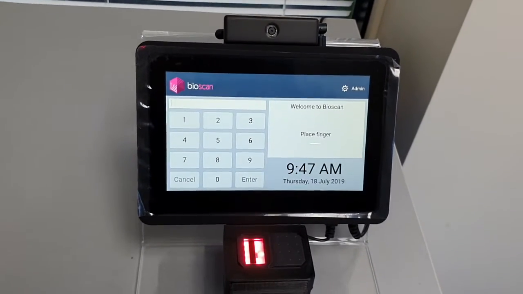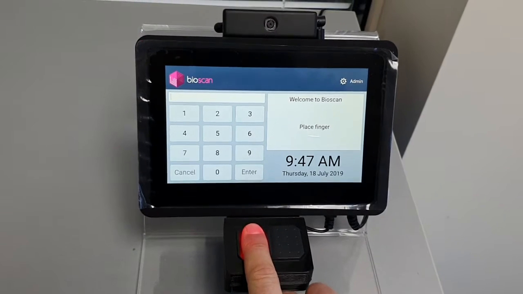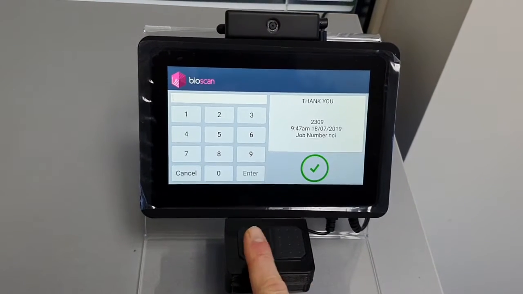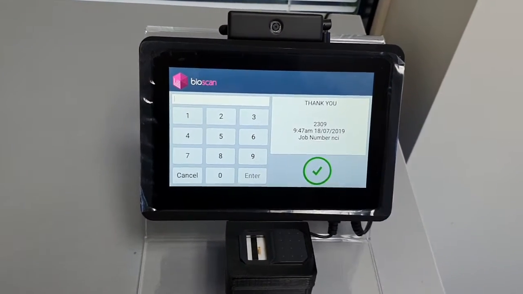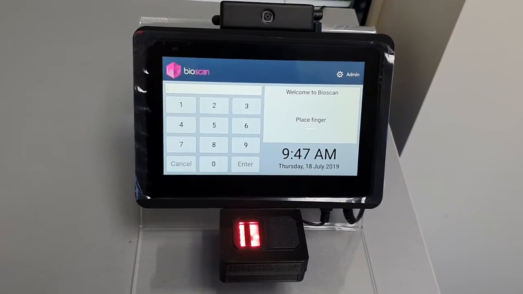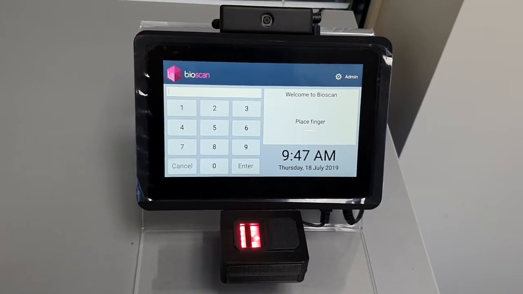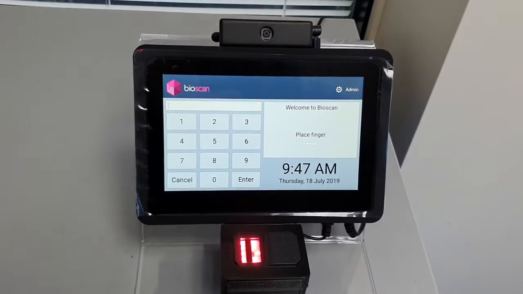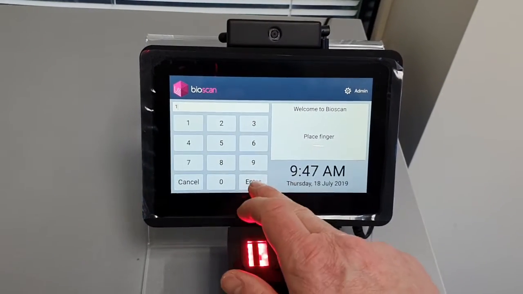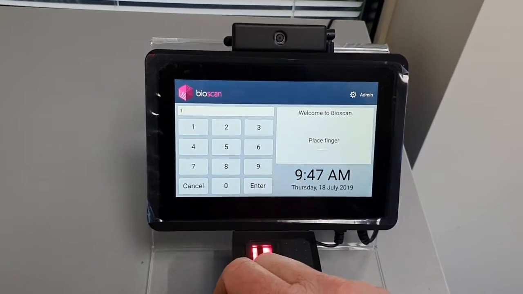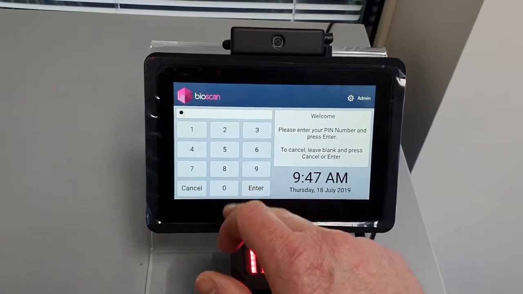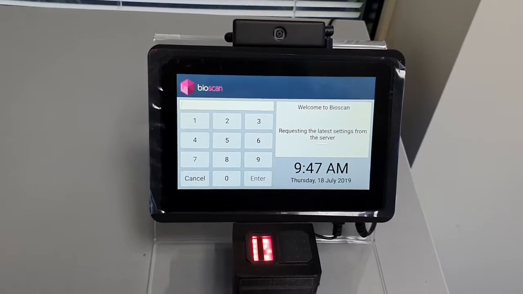Now what that means is every time I scan in, it's going to add NCI to that clock in. I don't have to specify NCI. So if I take it to another site, I've got to log in as admin, ID number 1, PIN number 9. It'll take me through to the menu,